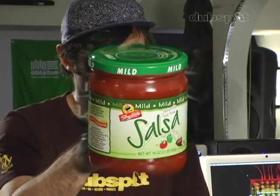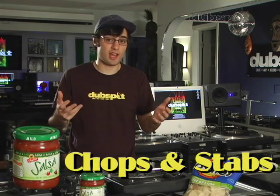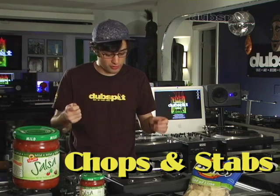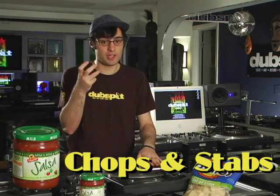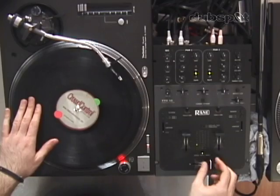Funky. Salsa. You all should also know the chop and the stab because they're very similar to the forward scratch. The only difference is instead of releasing the sound, you're going to push it forward to get a pitched forward stroke where you're still cutting off the reverse stroke. So what that sounds like and looks like is...